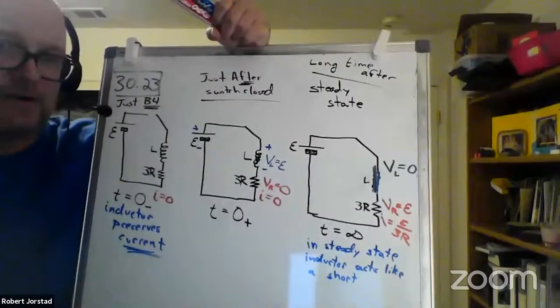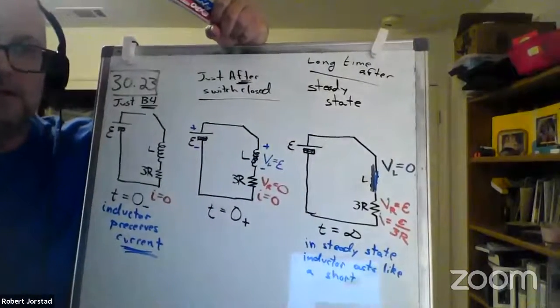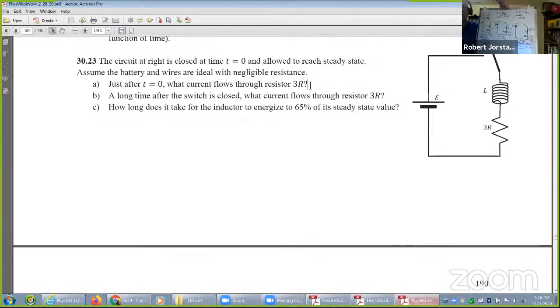transients: you draw first, then reread. Sort of like doing an FBD, then rereading. Okay, so actually we just did this and we just did this. So we've handled both of those, right? So initially no current flows. At the end, a lot of current flows. Got it. And then how long does it take for the inductor to energize to 65% of its steady state value? Okay, this is